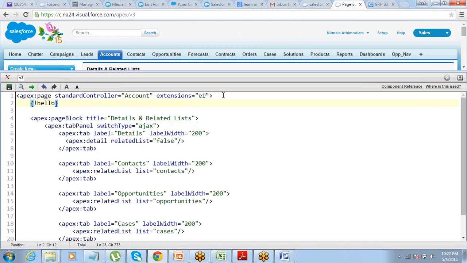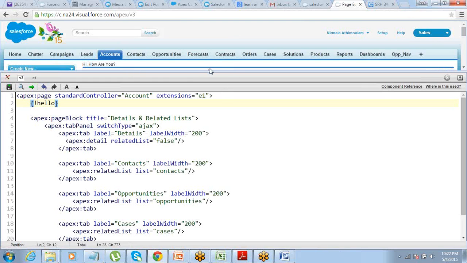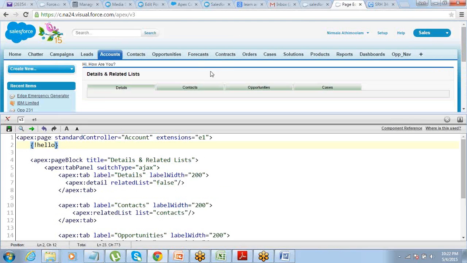The same way you call other methods on a custom controller page. See? So this is a page where you can use a standard as well as custom controller. Okay? So that is the logic. Rest everything we have learned on how to create methods in the custom controller, how to call them. We know everything. Just that when you have an existing controller, and it can be a custom or it can be a standard controller, on a page,